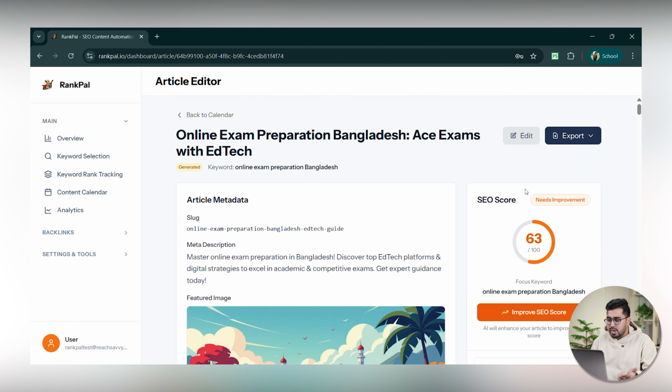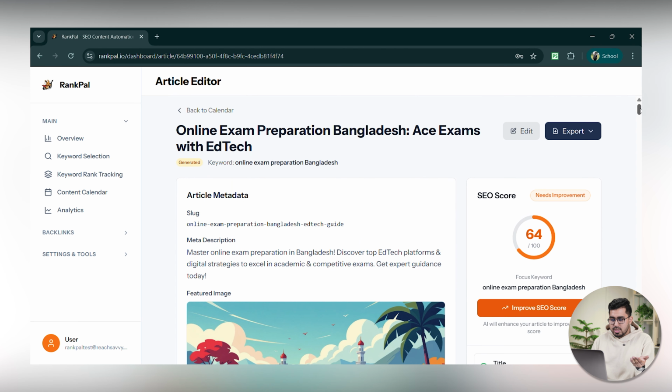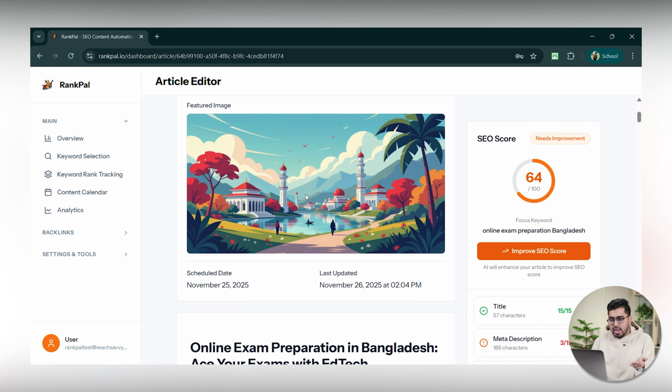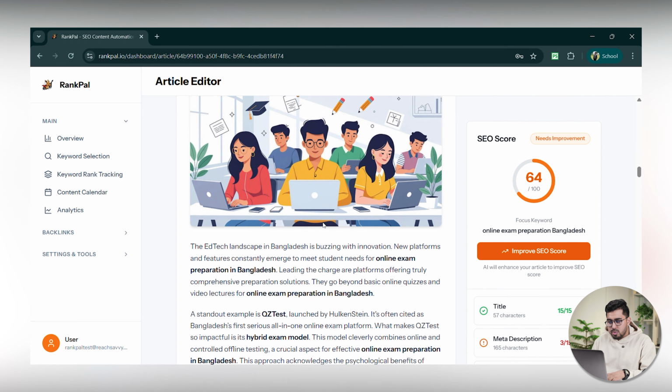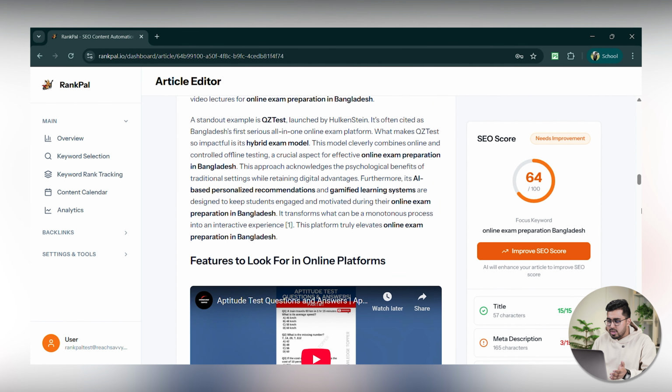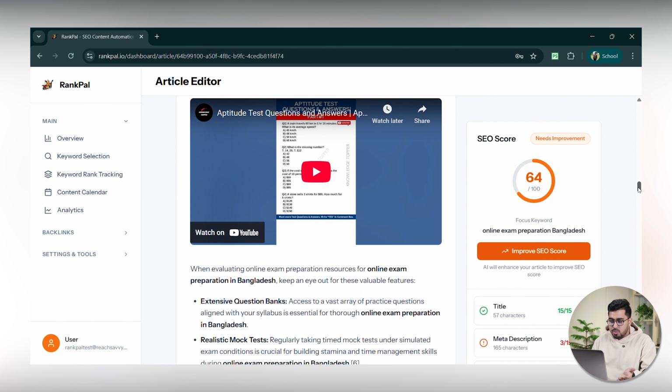Now, when I go to an article editor, you can see that RankPal itself has developed the article title. Now, is this a random title? It's not. It's a well-researched title. What RankPal does for you is develop the slug and the meta description needed. It adds featured illustrations according to my preference. If we scroll a bit down, you will also be able to see a relevant YouTube video added to my